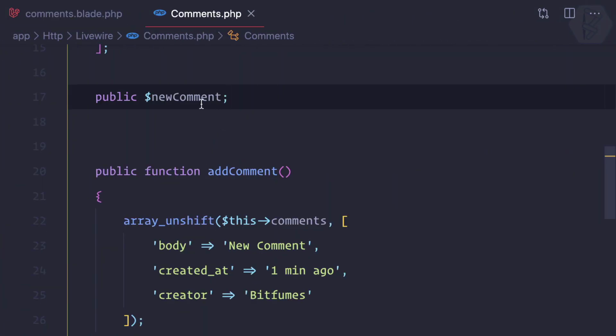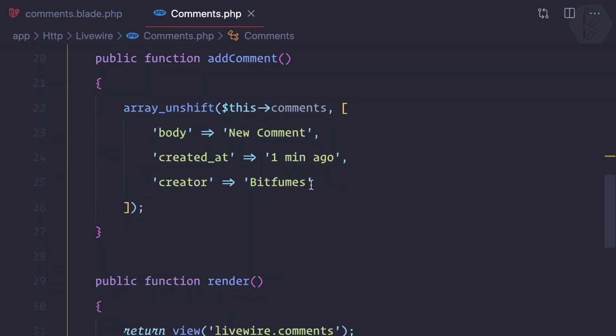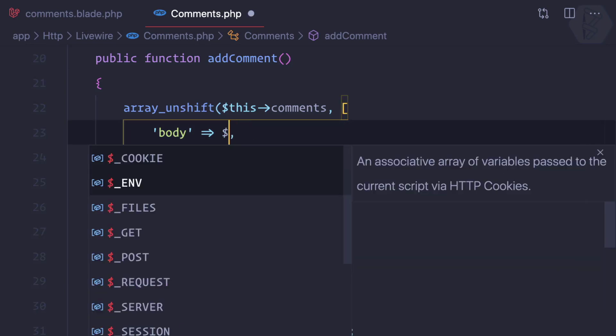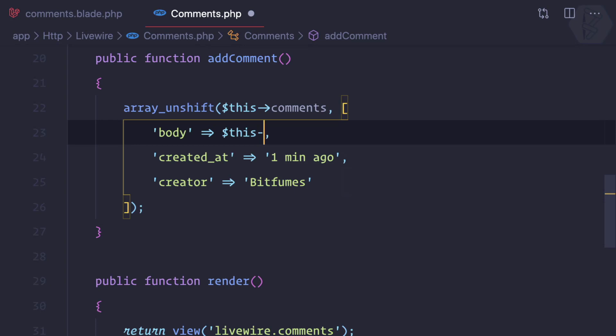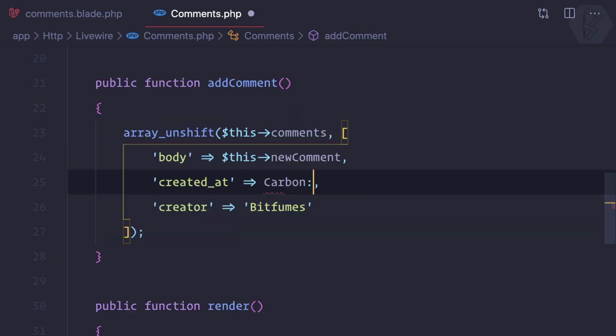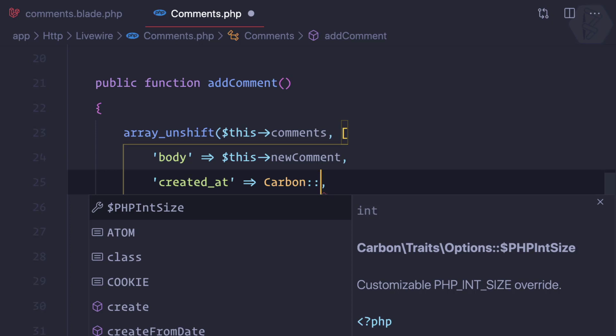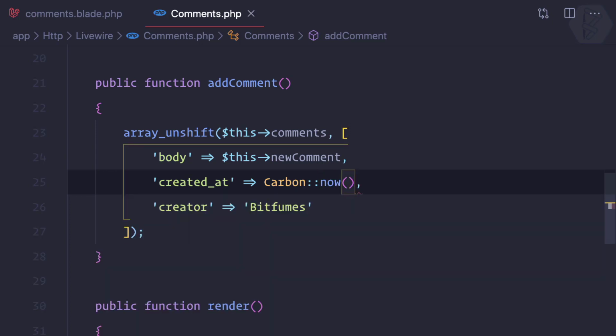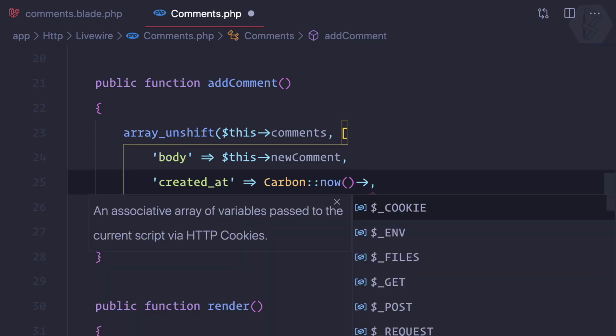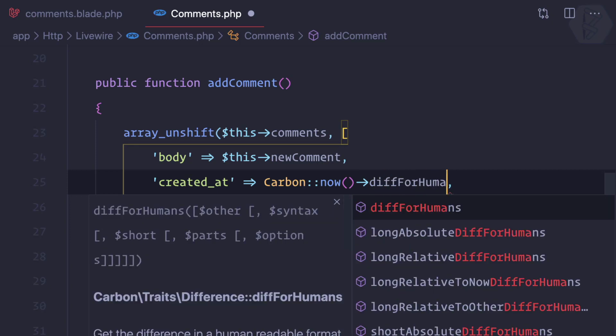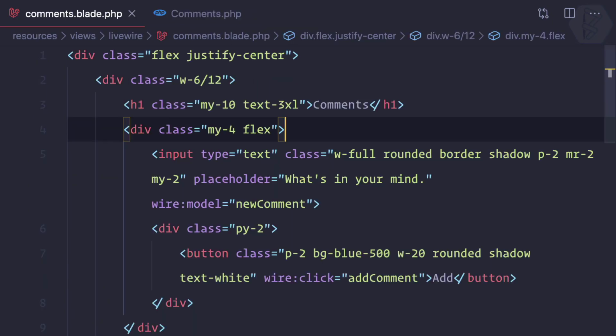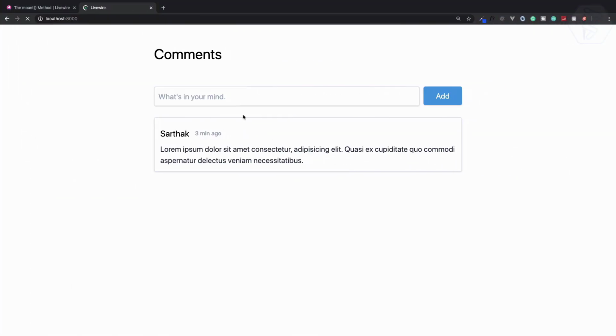Because now we have the new comment in the new comment variable, we can simply push it here on this body part. So body is this arrow new comment, like this. And we can also use Carbon here because this is basically Laravel, so we can use anything here. So that should be great. And then diffForHumans. Cool, let's try this. Refresh it, and